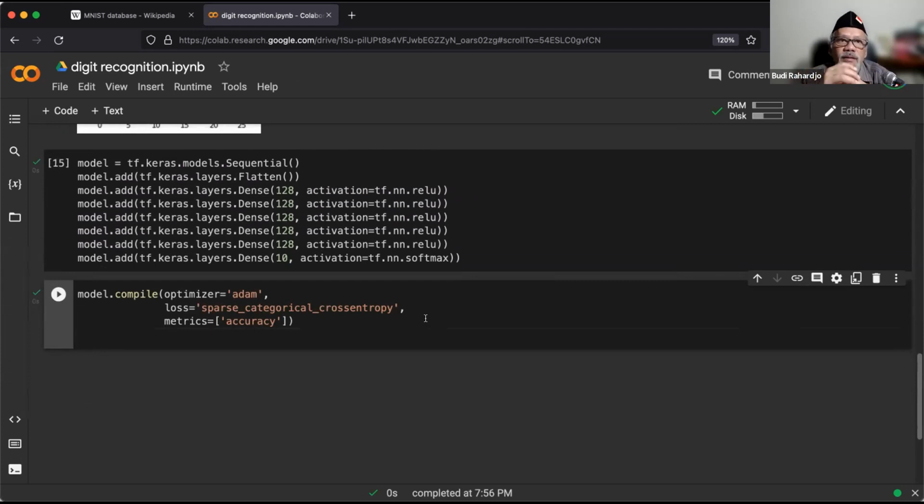Now we're going to ask the machine, hey machine, please make this model. I have to create it. Make this model into an internal representation of the AI machine. If we want to program this, it's going to be complicated, but we are not going to do that and let TensorFlow and Keras do the work. So when we do the training, there are several optimizers. Optimizers means strategies to learn. There are different strategies. This one, the optimizer, is called Adam.